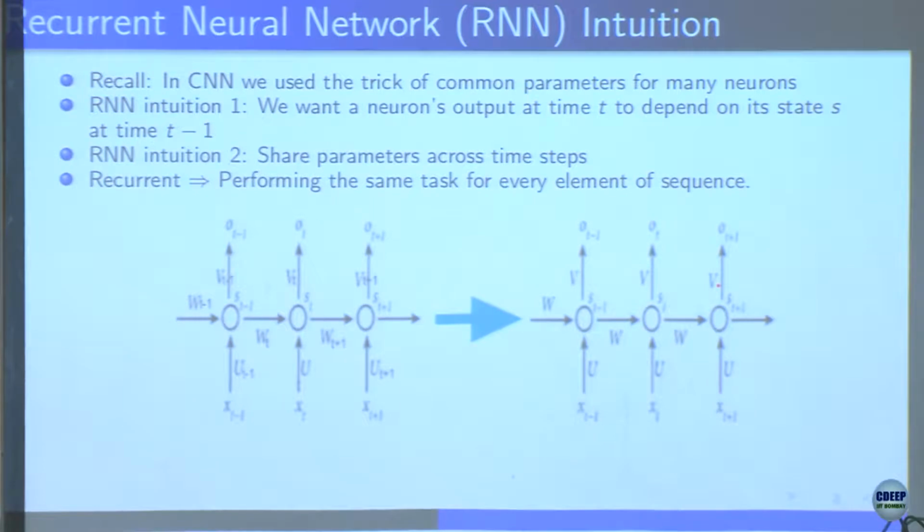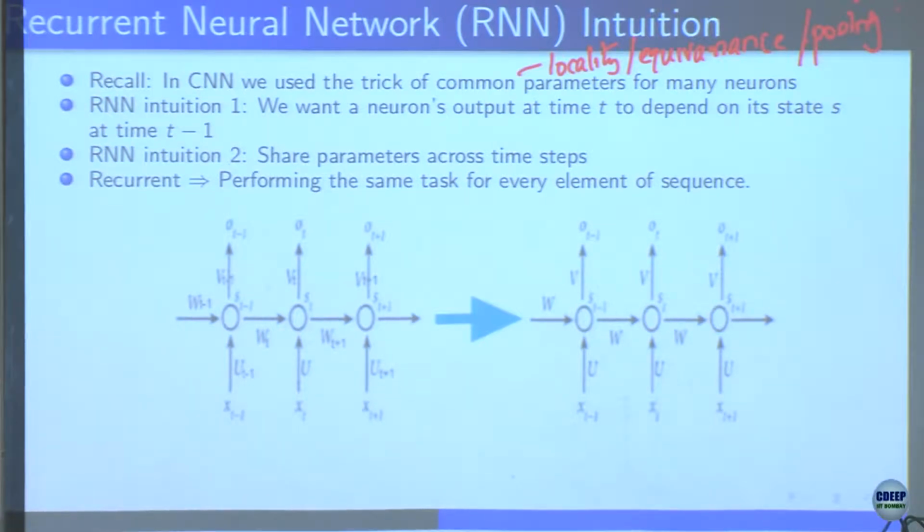You look at your immediate neighborhood and gradually get the bigger picture. So we use the trick of common parameters, locality, so we had this equivariance and so on, right? And then we had also pooling, downsampling and so on. So in RNN, the recurrent neural network, our intuition is that we want parameter sharing in